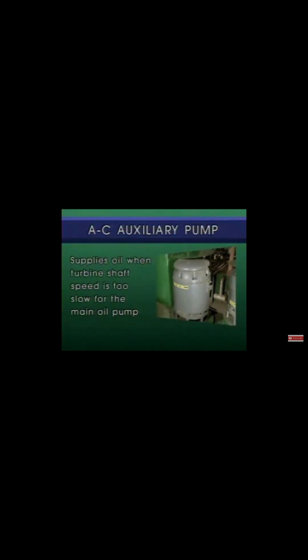The AC auxiliary pump is incorporated into the lubrication system to supply oil during startup and shutdown when turbine shaft speed is too slow for the main oil pump to be effective. It can also be used during emergencies, such as a trip, to supply oil to the turbine when the normal